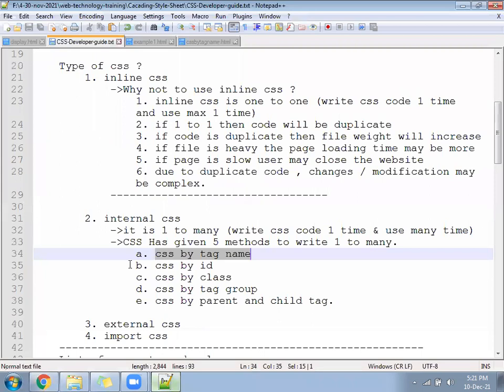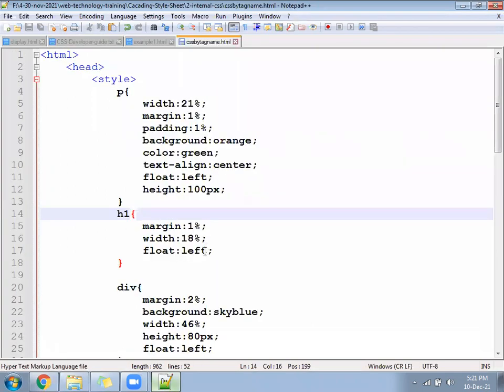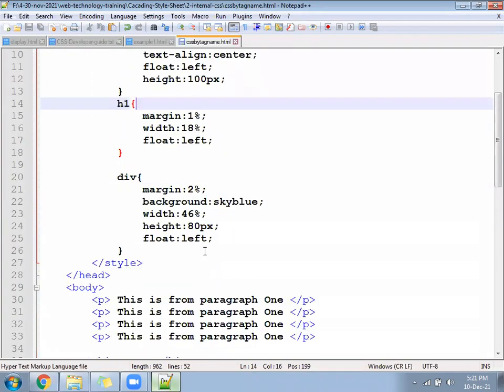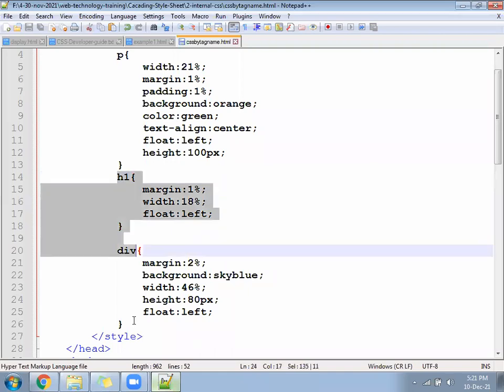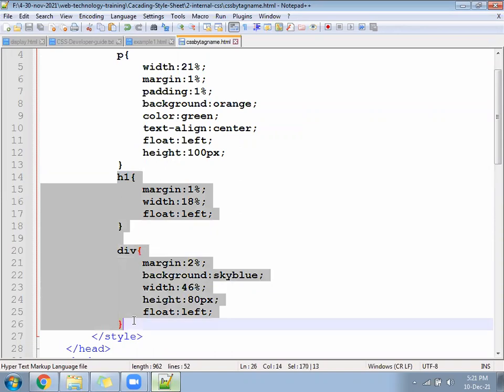So this example is of CSS by tag name. From the example one file, the h1 tag and div tag CSS you have written, copy both lines.